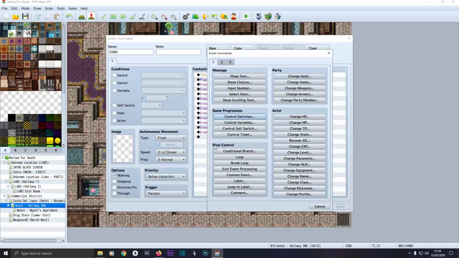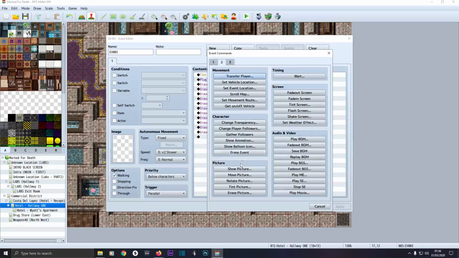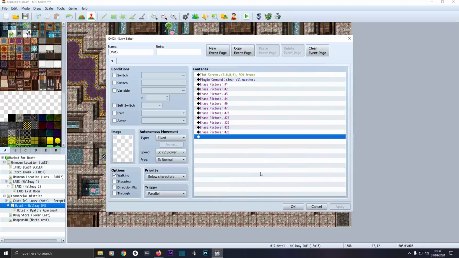So you double click on the line, come to tab 2 and click on erase picture like that, then put in the ID number of the picture you don't want to show. So these ones here, erase picture 1, 2, 3, 4, 6 and so on, are all pictures of icons and the mini map. So when it gets here, the parallel just keeps running, and it's always erasing these pictures so